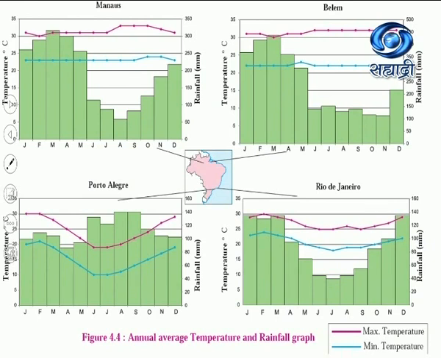Highest temperature is in the months of August, September, and October. So this line represents the highest temperature. The blue line represents the lowest temperature. If you see the difference in the highest and the lowest temperature in this city, it is very minimal. And February is supposed to be the coldest month with a maximum temperature of 30.4 degrees Celsius and a minimum of 23.1 degrees Celsius. So this is the climatic condition and rainfall of Manaus.